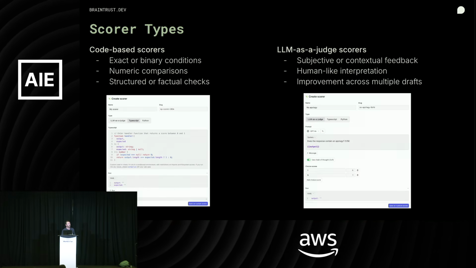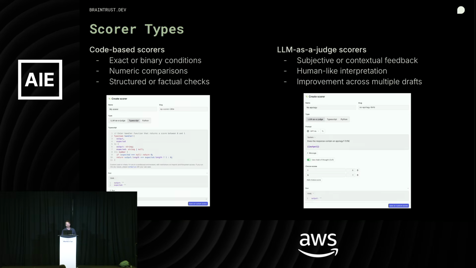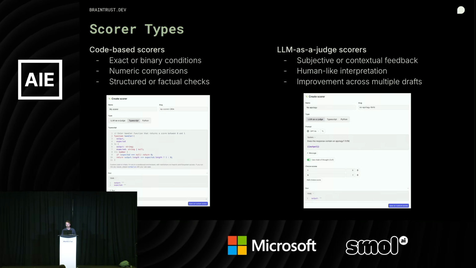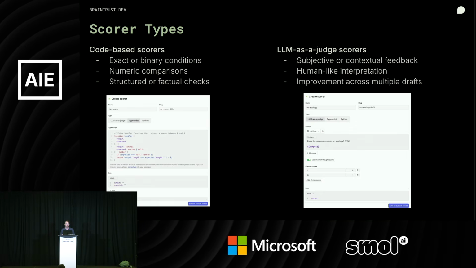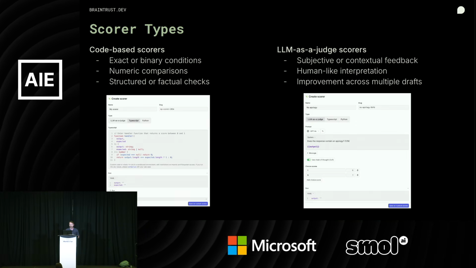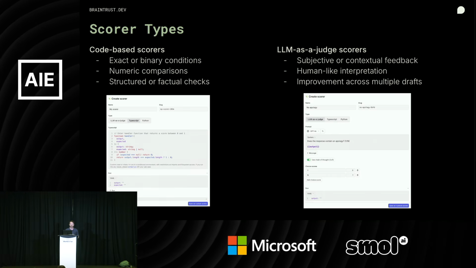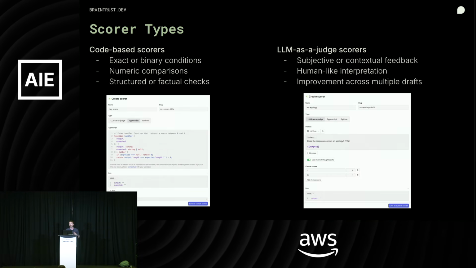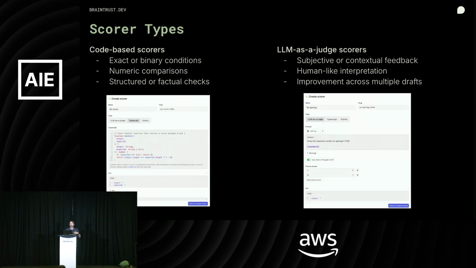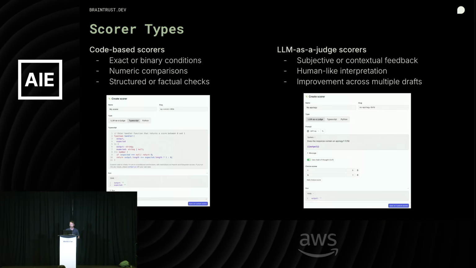The last ingredient that we need for our evals is our scores. We have both code-based scores, right? Again, this is more of those binary type conditions, but you can actually code TypeScript or Python. You can do that within the UI, as you see over there on the bottom left, or within your own code base, create that score and then push it into Braintrust so we can use it in the platform. Other users who maybe aren't in the code base can use that score as well.